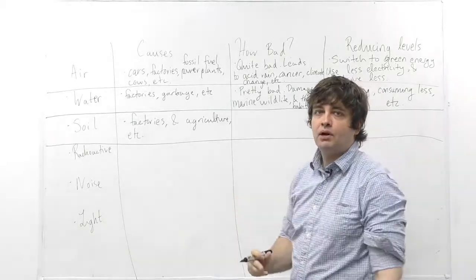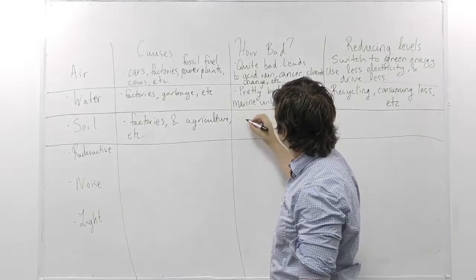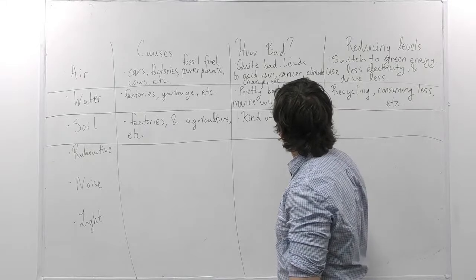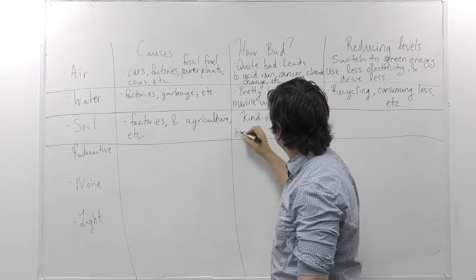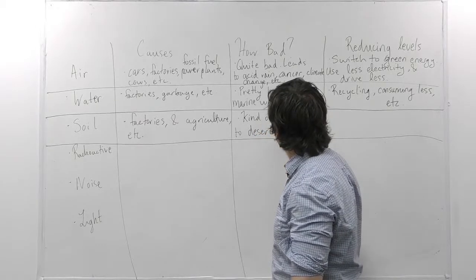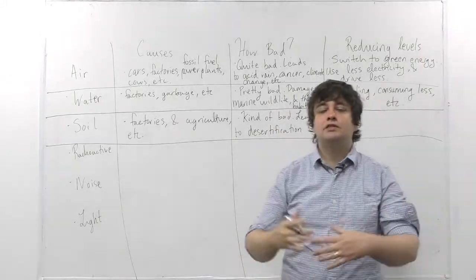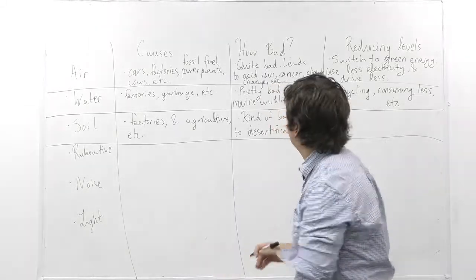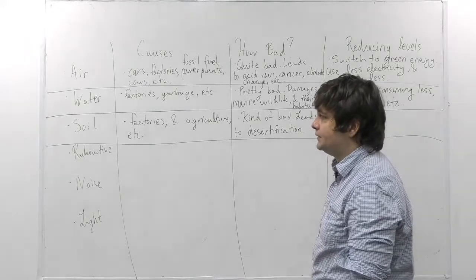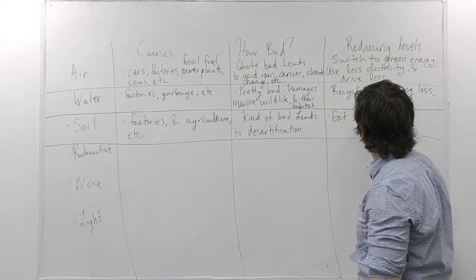I believe this is a bigger problem in other countries, but I'm going to say kind of bad. I believe one big problem is it leads to desertification. It leads to the development of deserts and the expansion of deserts, and of course that's not good, right? How can we reduce this problem? That is really tough. But yeah, I'm going to write here, eat less beef